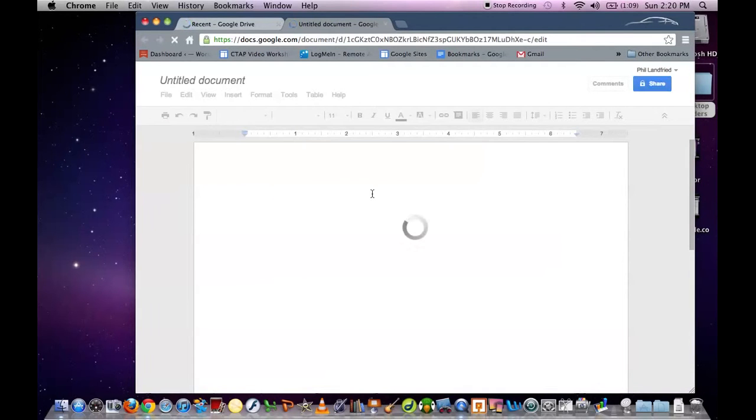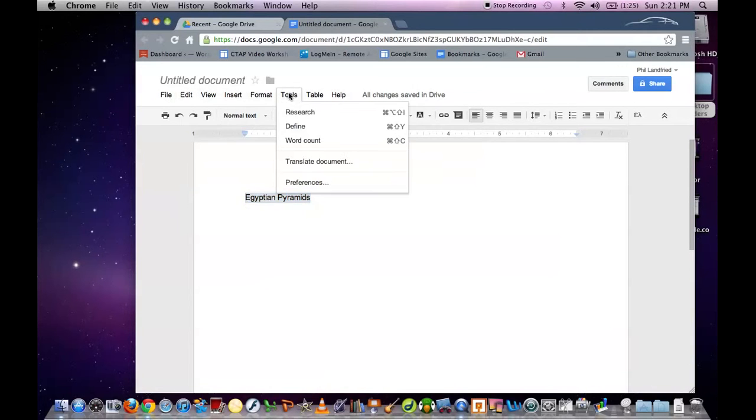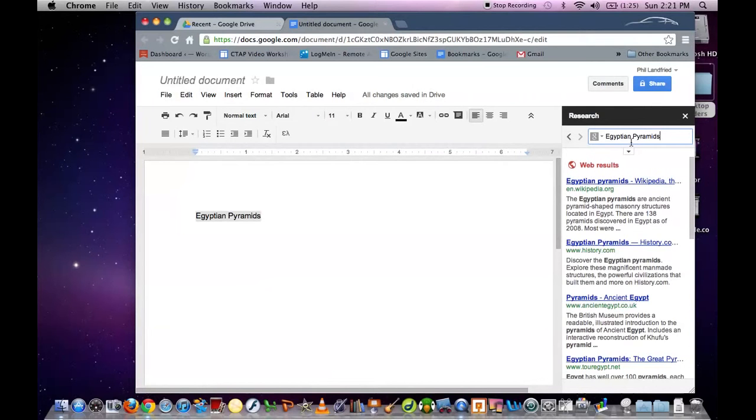I'm going to call it zip pyramid. And I'm going to copy that term. I'm going to go edit, copy. I'm going to go up to my tools and I'm going to open up the search tool. So over here, I'm going to go ahead and paste that in, and I'm going to click